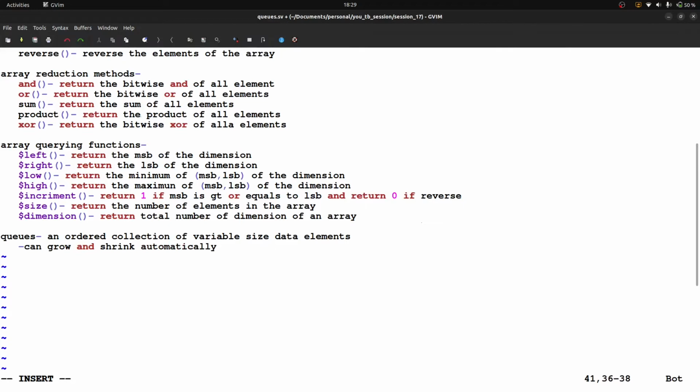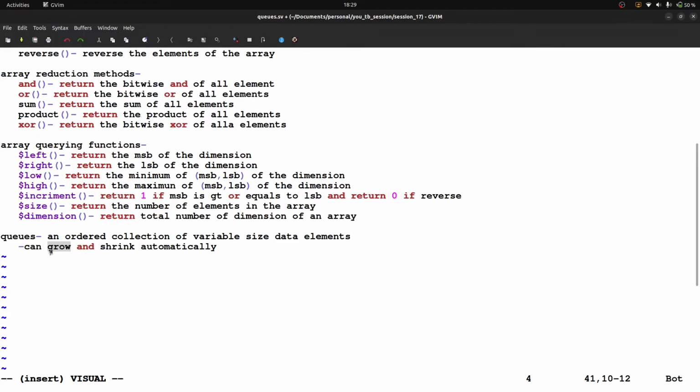Let's say I want to store 10 elements inside a queue. So I need not worry about the size of the queue, because when we put the first element, the queue size becomes 1. When we put a second element, the size will become 2. Similarly, for 10 elements, the size will automatically become 10. As I mentioned, it can grow and shrink automatically, because as we put elements inside the queue the size is growing, right?